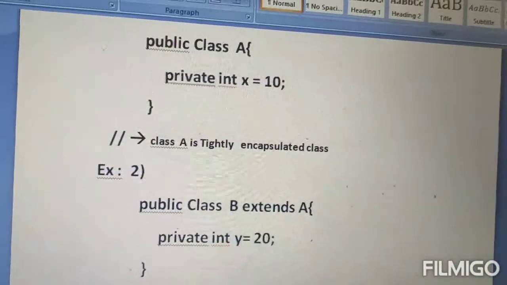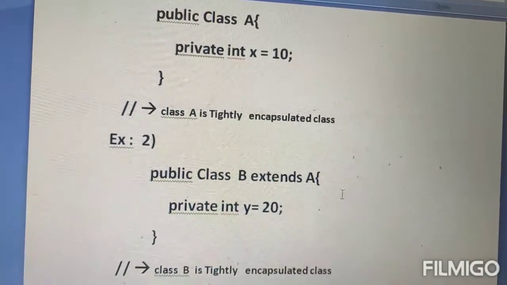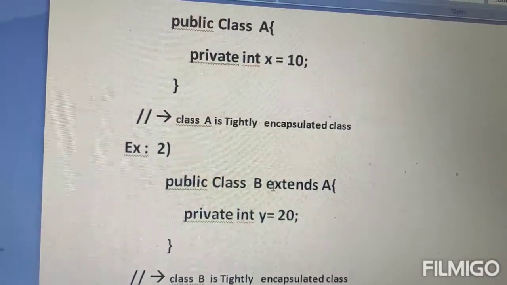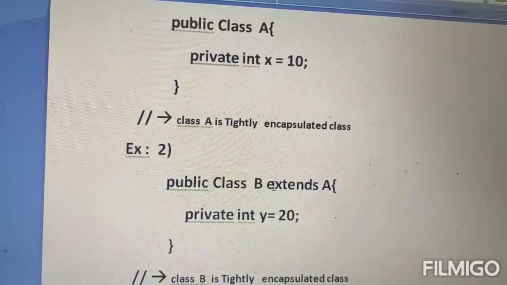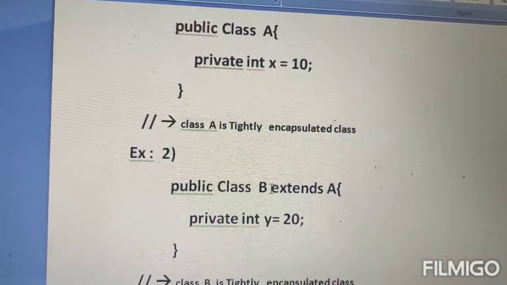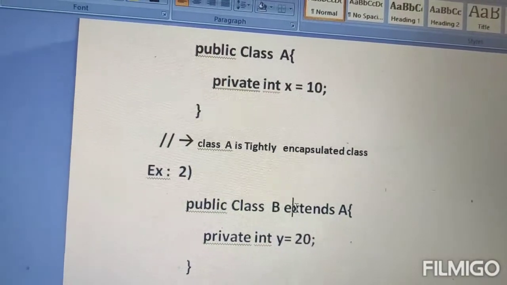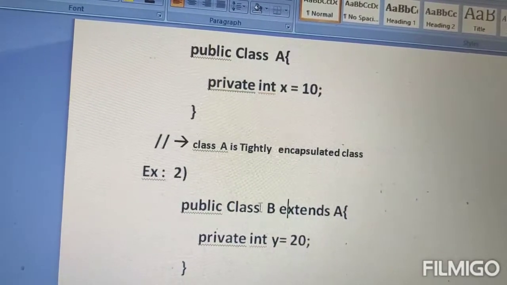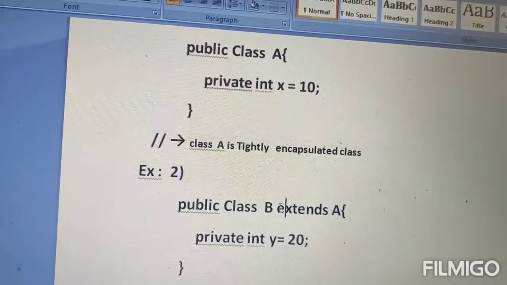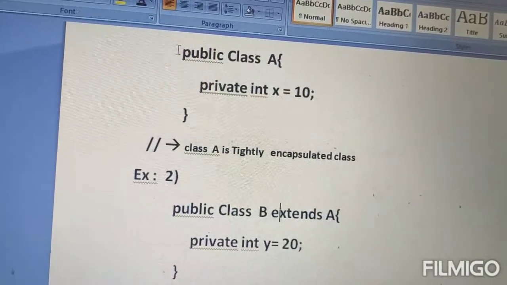This class B extends A. By using the extends keyword, we achieve inheritance. So inheritance means class B becomes a child class of class A, which is the parent class.